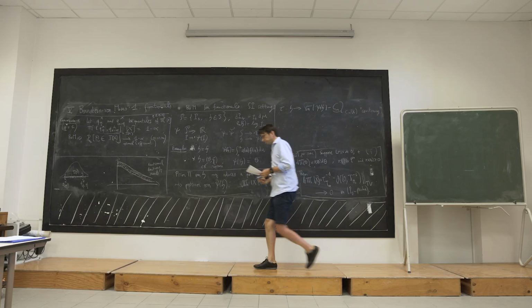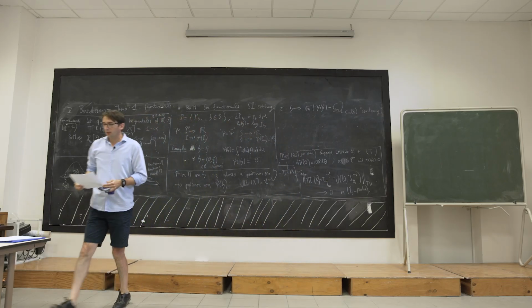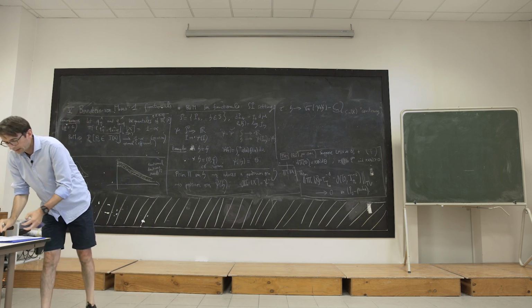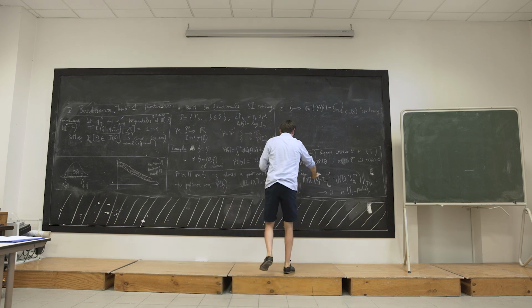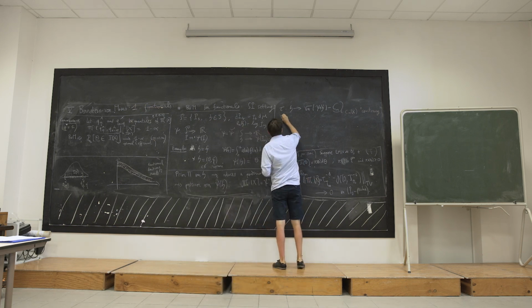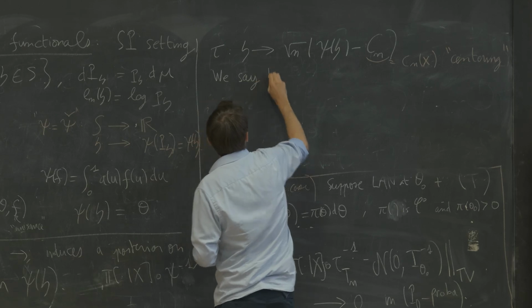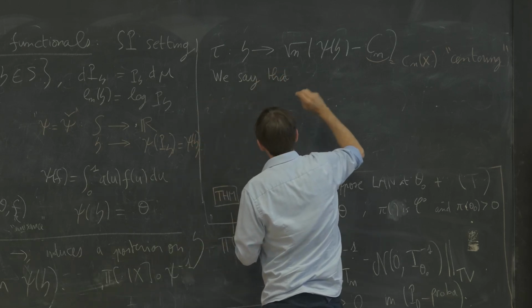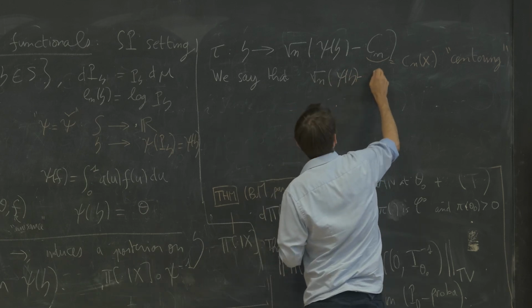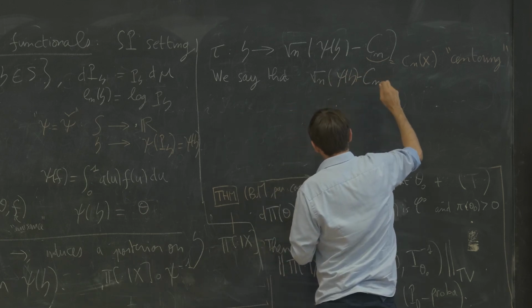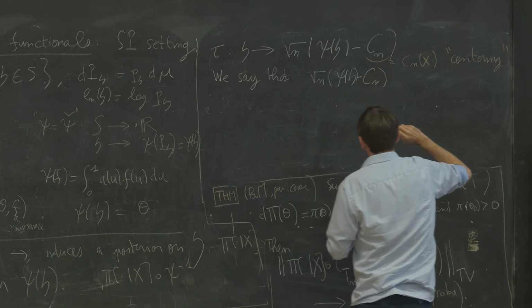All right. Now let me extend this a bit. Important definition: we say that square root of n psi of eta minus Cn, under the posterior